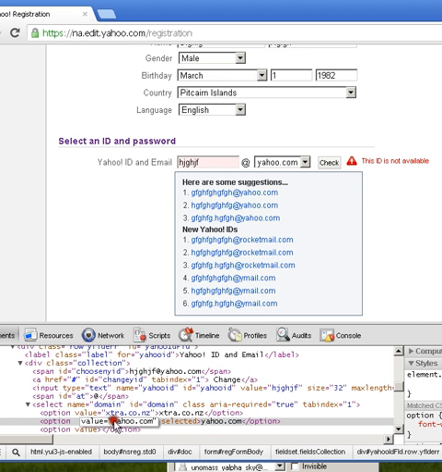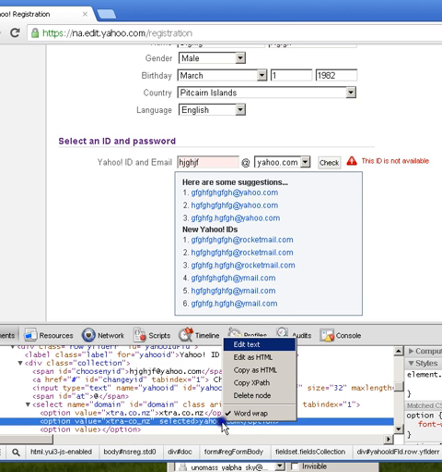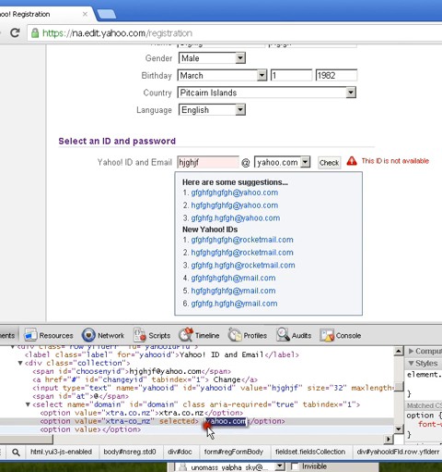And make it spear. And do your thing. Same thing as the other one. Right click, edit text.